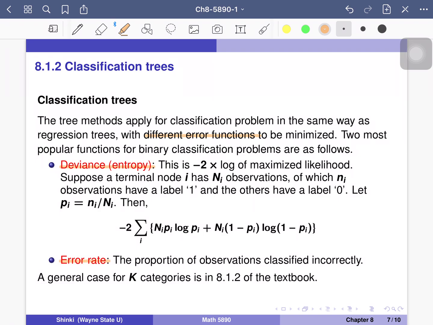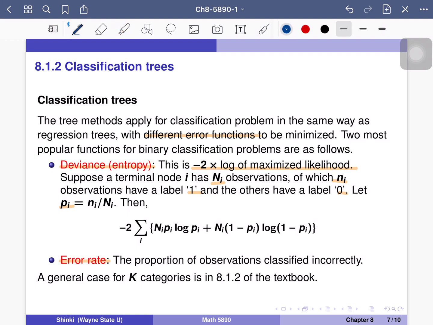So the deviance is basically the maximized likelihood. So negative 2 times the log of the maximized likelihood. Suppose a terminal node has capital Ni observations, of which lowercase ni observations have label 1 and the others have label 0. And suppose pi is the proportion of label 1. Then what is the